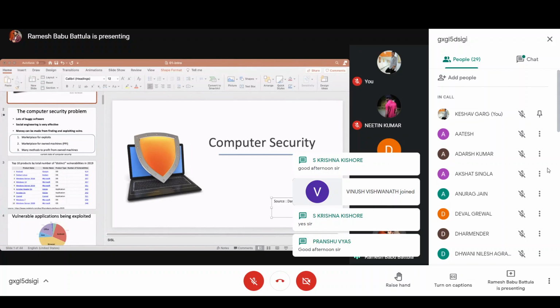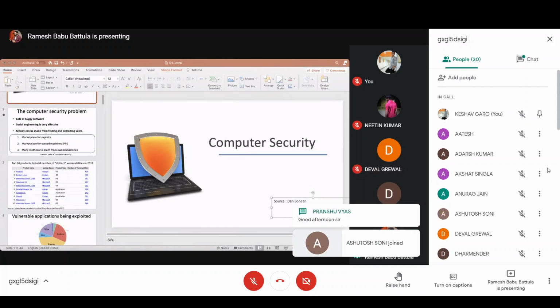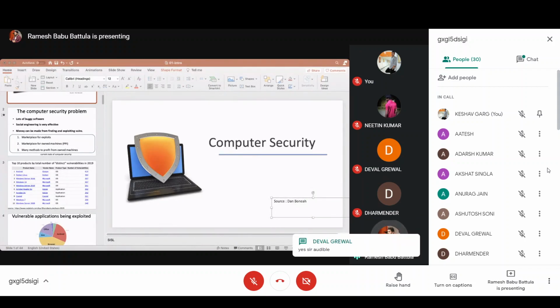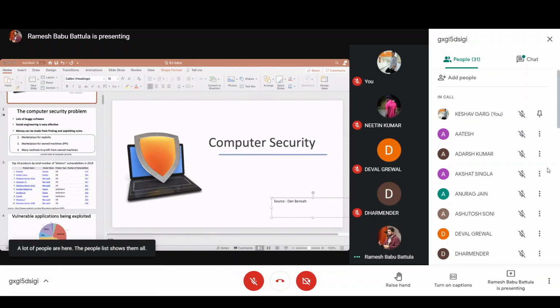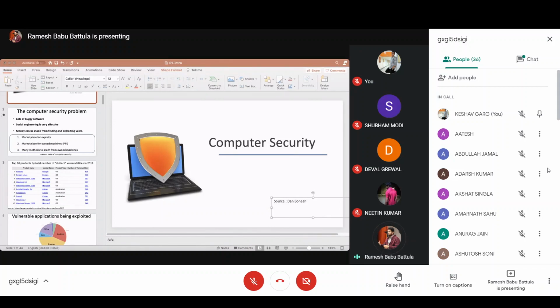Only one topic is remaining from this integrity point of view, that is the digital signature standard. That's very easy. I will take a few minutes to complete that, and after that, we'll move to actual computer security problems. We are moving from cryptography to computer security problems. These are all real-time problems, and we will see how to identify and solve them. This is the only discussion left in our course, and these topics are very interesting to most of you. Why?